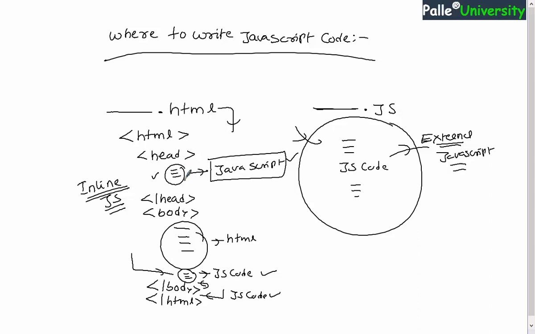Now the next question is where to write JavaScript code inside the header. If you want to write JavaScript code anywhere inside the HTML file, first of all you have to use a special tag called script. After script, you have to write type equals text slash JavaScript inside double quotations, then close the angular bracket, and then the end of the script tag, something like this, and inside the script tag you can happily write JavaScript code. I believe you understood.